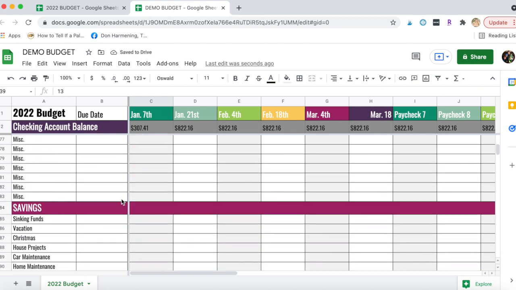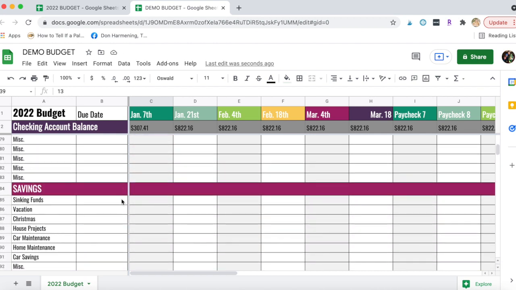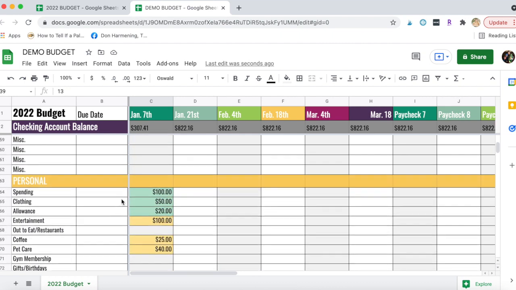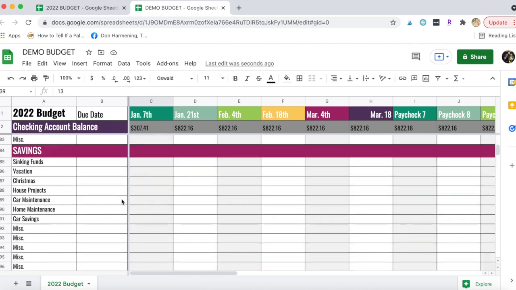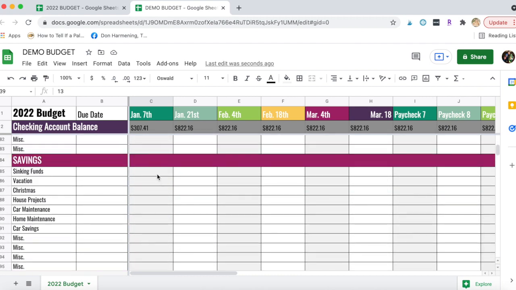All right. So then we get down here and our last category is savings. So you have an off the top, you have your expenses, you have your personal, and then you have savings. So what I like to do for my savings is I have sinking funds. So our family has a completely separate checking account where we keep our sinking funds. This is things like our Amazon Prime membership, our life and our home insurance and our car insurance policies, our property taxes, our vacation and our Christmas are in there as well. But all of that way I can just use that separate checking and I don't have to track that within